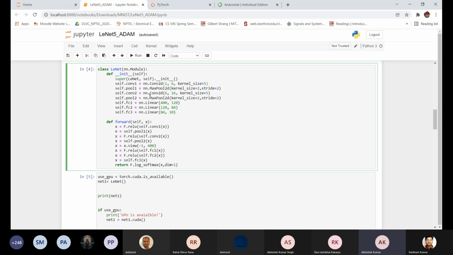And here we are defining our second convolution layer. The output of the previous layer will be the input of the next layer. So here the input is 6, and we are defining the output as 16 channels, and the kernel size is 5x5. After that we are creating the max pool layer also, which is 2x2, and after that we are creating the